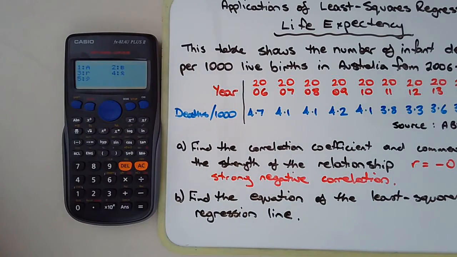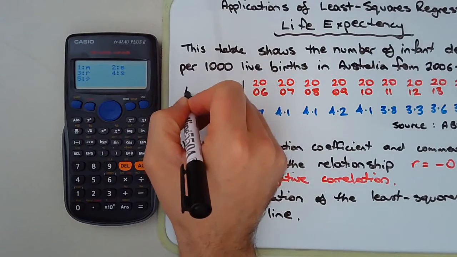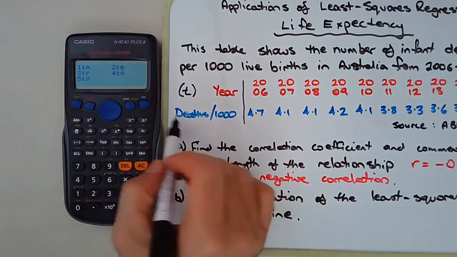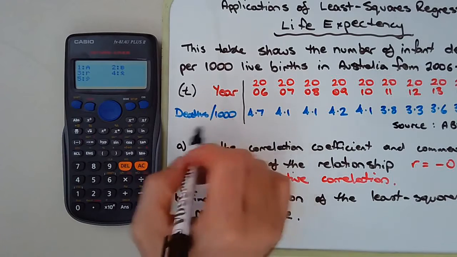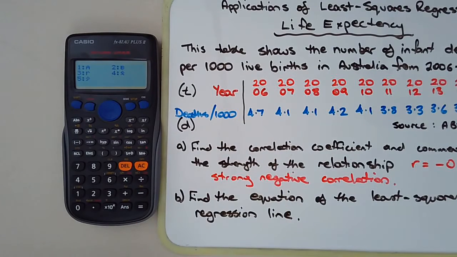I might actually put some pronumerals here just to make it a little bit easier. We'll call this T, for time, and we'll call this D, for deaths per thousand. So using those pronumerals, D